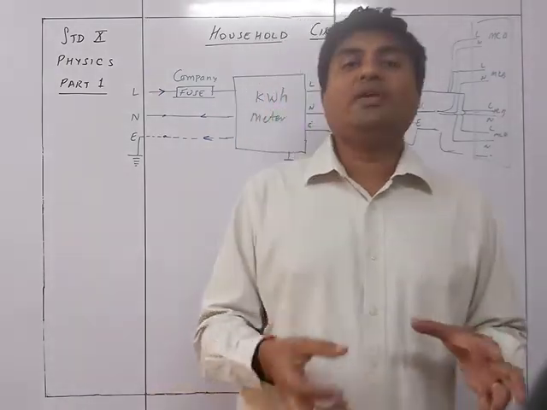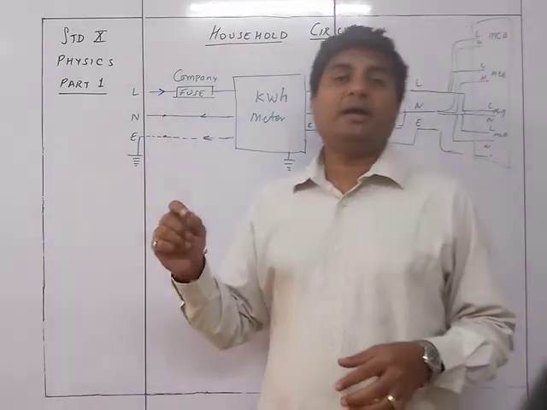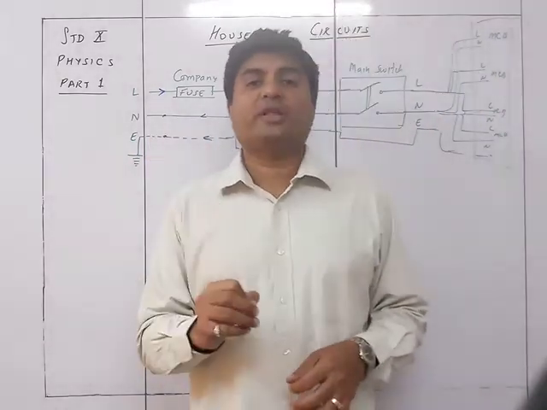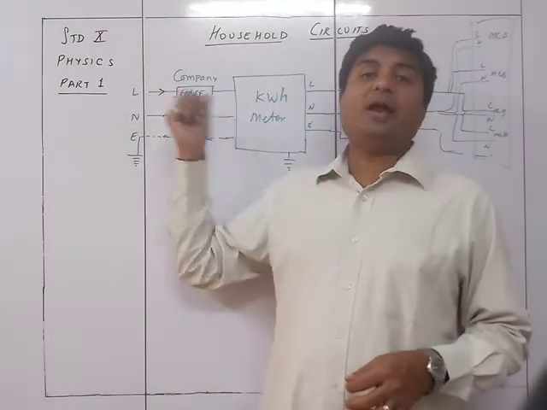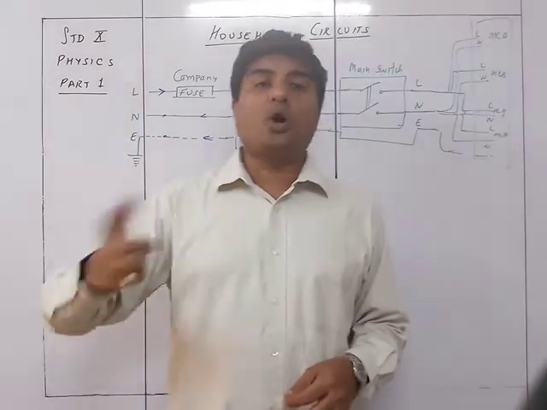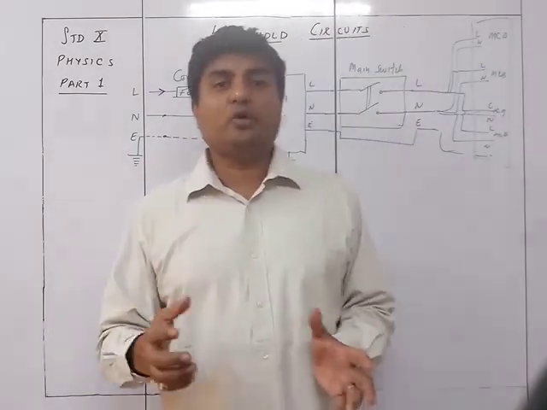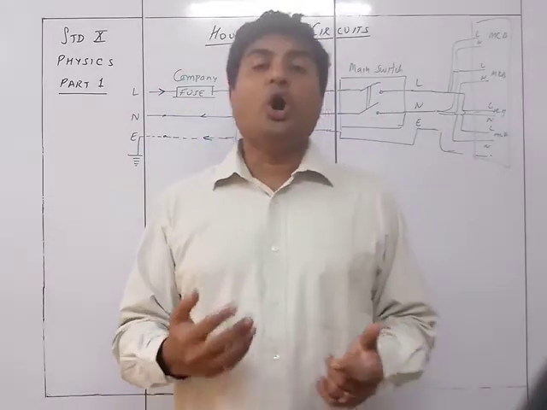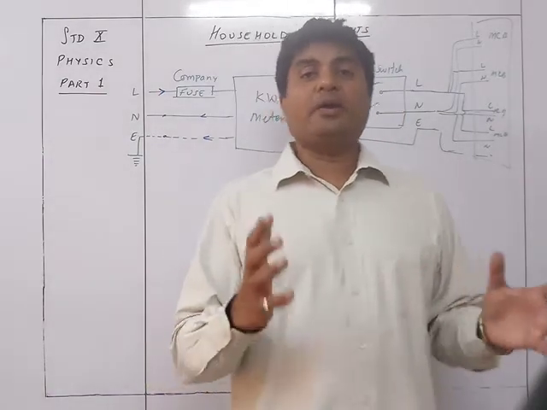So normally 10 kW is more than sufficient for a normal house. That's why they will keep a company fuse of 50 amperes, so that if you are using more than 50 amperes at a time, then this fuse will blow off, and accordingly you will have to call the company person to replace it. This is done so that you are not overloading your circuits, okay? Because all your devices are going to have a particular rating.